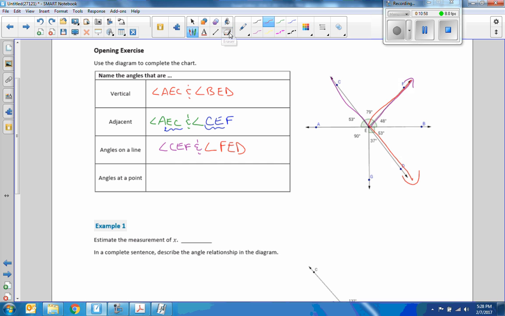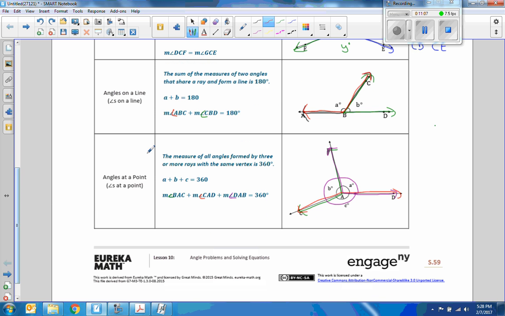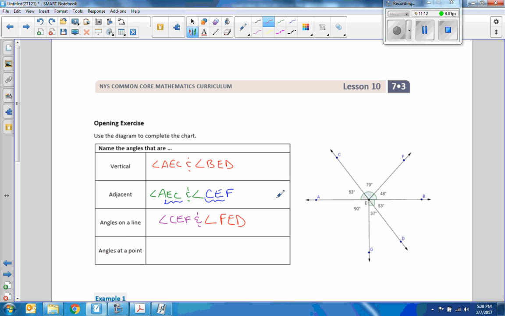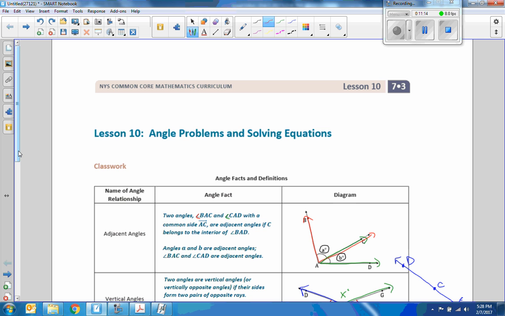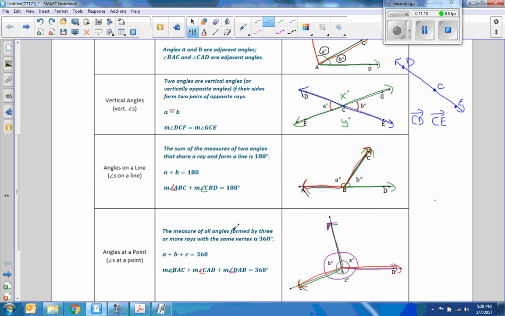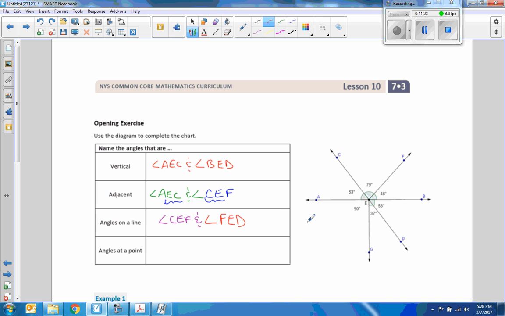Angles at a point. Okay. Recall. Go back. Angles at a point are three angles that add up to 360 degrees. Three or more angles, I believe it did say. Let's make sure. Okay. Measure of all angles formed by three or more rays with the same vertex. So yes, three or more rays. All right. So if I start here, CEA,